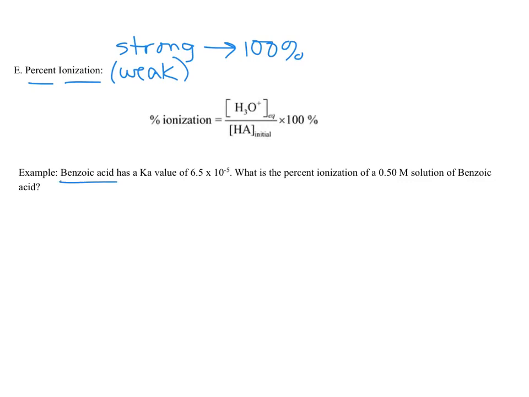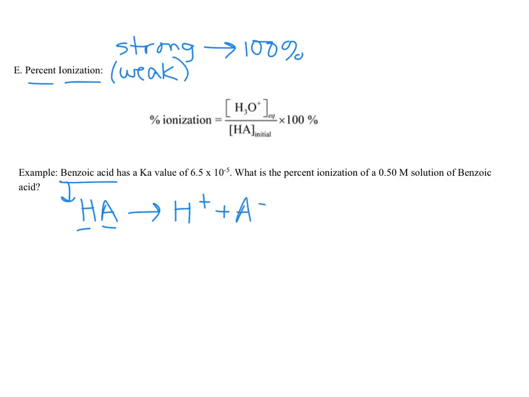So we're going to take a look at this. This is benzoic acid. So in this question, they actually didn't even give me the formula for benzoic acid. So usually they will. If they do not give you the formula of benzoic acid, we can just use the generic formula HA, because I know that there's going to be hydrogen in the front. I know that there's going to be some anion attached to it, whatever that is that makes it benzoic acid. That actually makes it easier